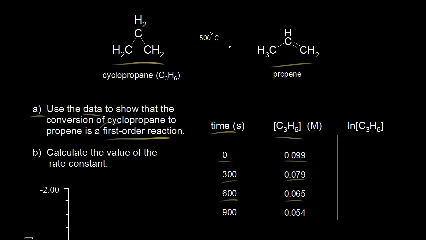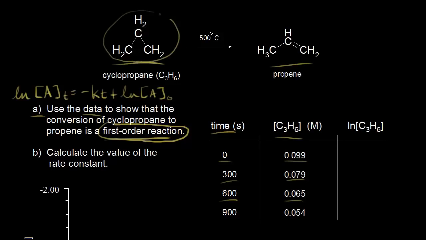If we want to prove this is first order, we need to use the integrated rate law from the previous video. In the previous video, we showed that the natural log of the concentration of A is equal to negative kt plus the natural log of the initial concentration of A. For this reaction, A is cyclopropane, so we can write the natural log of the concentration of cyclopropane, C3H6, is equal to negative kt plus the natural log of the initial concentration of cyclopropane,